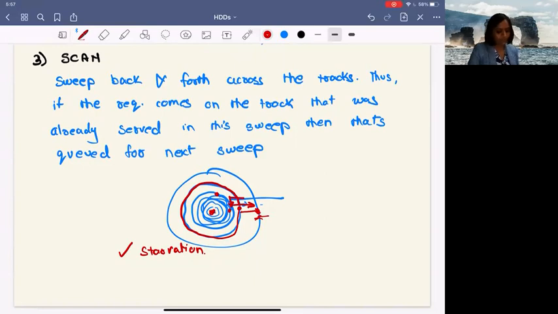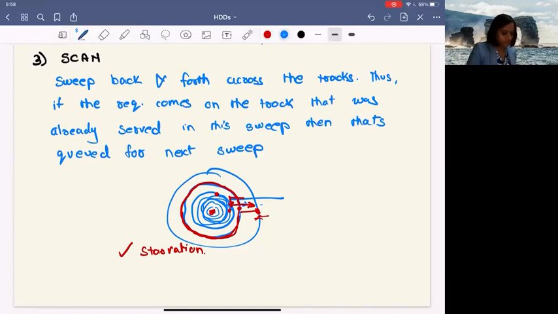So the time in which we would get to serve the request on the outermost track would definitely be larger compared to the time in which we are serving the request on one of these tracks in between, because we are touching them twice, right? Once while going and once while coming back. While the innermost and outermost, we are just touching them once. So